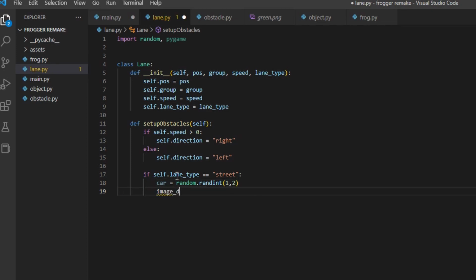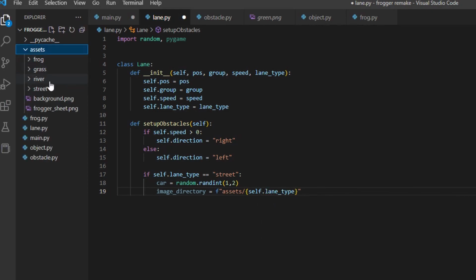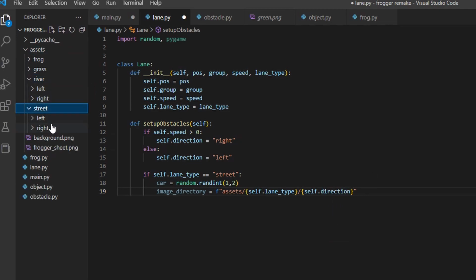And we're going to create a variable called image directory. This is going to be the image directory of the sprite in each individual lane. So it's going to be assets / self.laneType. Assets, and then either river or street, / self.direction, either left or right,